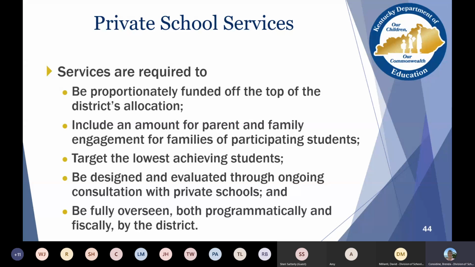Those services have to target the lowest achieving students, and those programs have to be designed and evaluated through ongoing consultation with the private schools. And that is the district's responsibility, to design that and evaluate what the private schools are asking for that funding, whether it's professional development or tutoring.